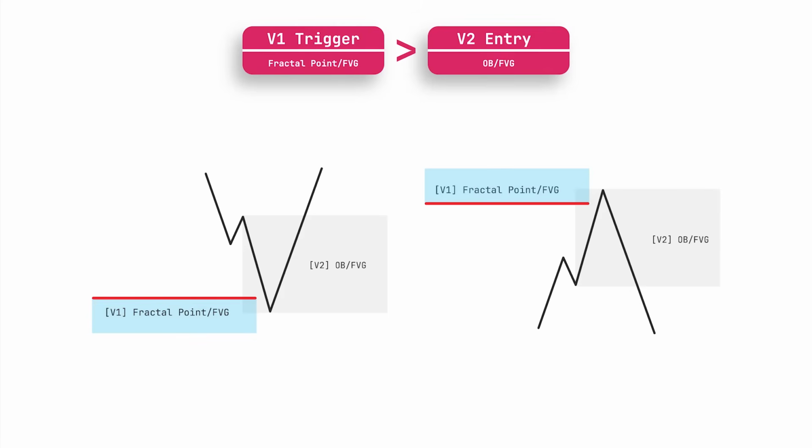After that, it should confirm the volume through 2 methods, either order block or fair value gap, from which we can enter a position. We do not use the rejection block because it forms quite often on smaller timeframes and can be easily invalidated. Again, as an example, a 1-hour trigger and a 15-minute entry.